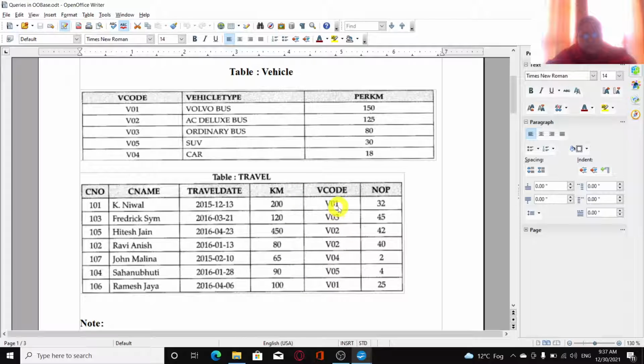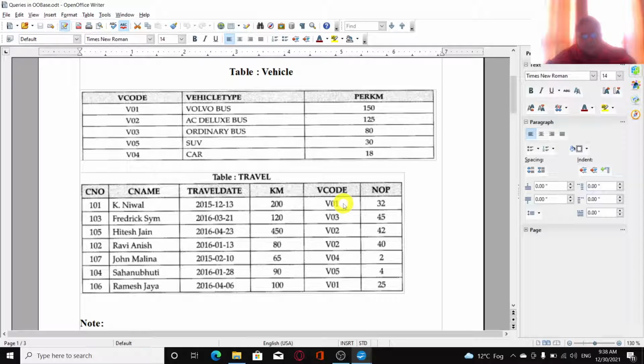You can see here that V01 was first used on 13th December 2015 by K. Nival. Then V03 was used by Frederick Sim. Then V02 was used twice, as you can see from here. V04 and 5 were used once, and V01 was again used by Ramesh Jaya.